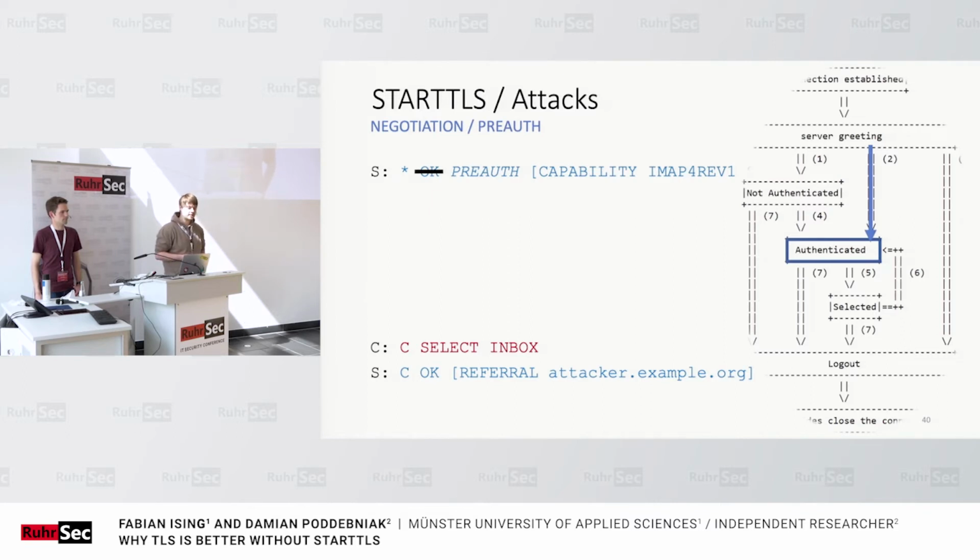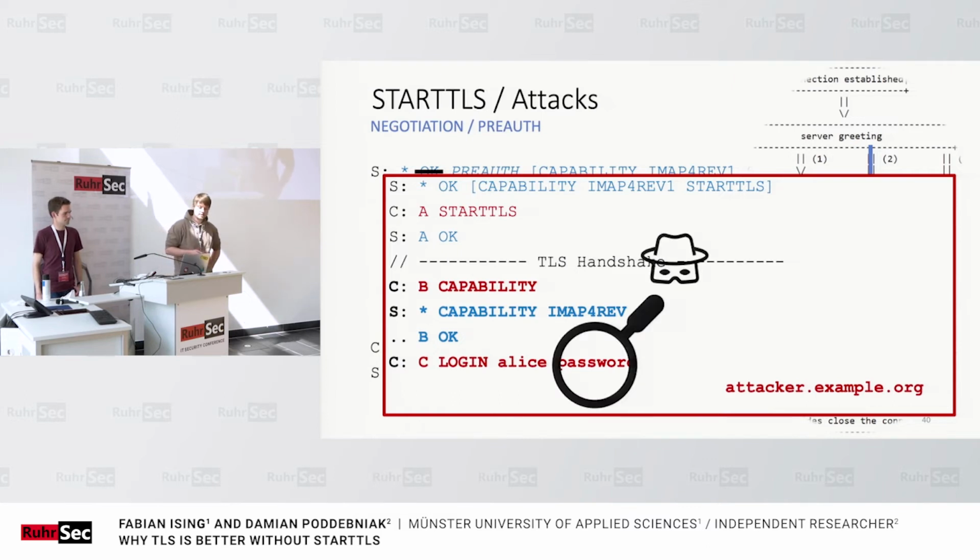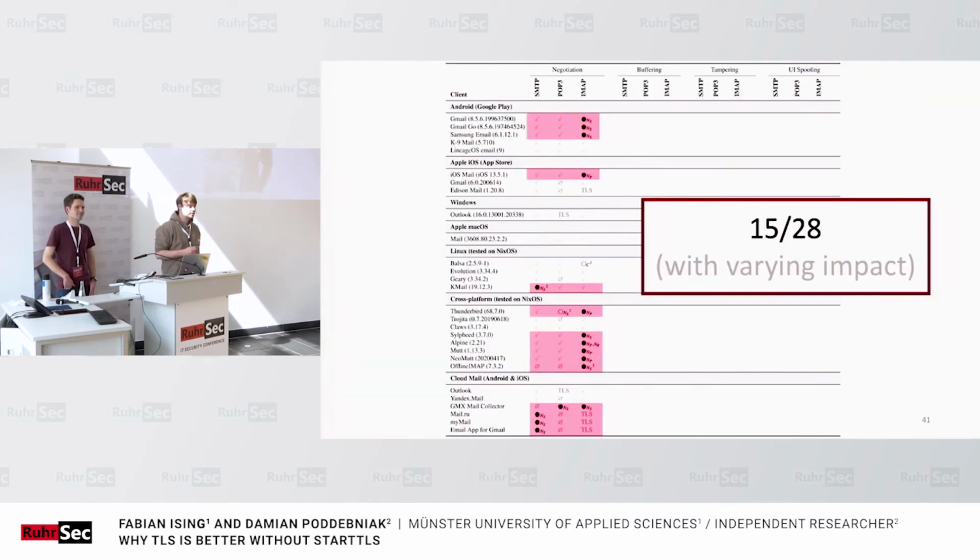And this should remind you a bit of HTTP redirects. Because the attacker can choose the domain name freely, they can use a name that they have full control over, or for which they can obtain a valid TLS certificate. So at this point, the attacker can just do the full handshake, including the transition to TLS, but still obtain the credentials from the login or from the network traces. In total, we found that 15 of the tested applications were vulnerable to certain forms of negotiation attacks, but we have to be a little bit careful here.